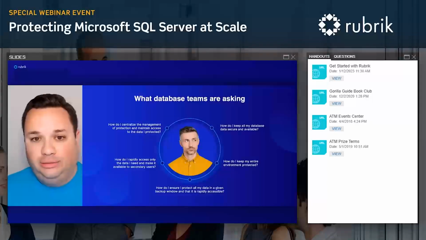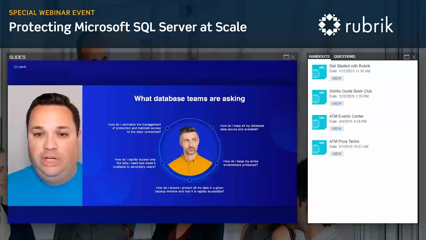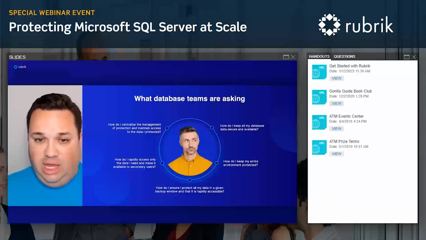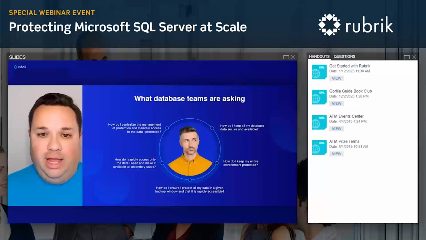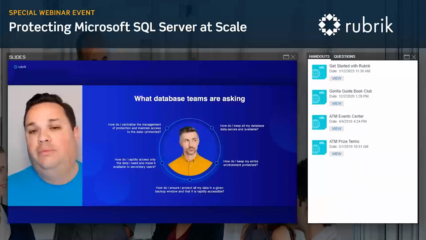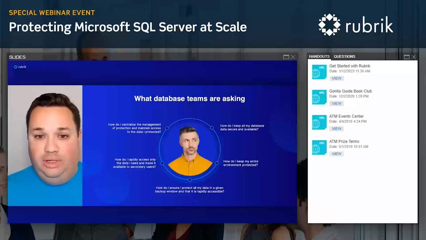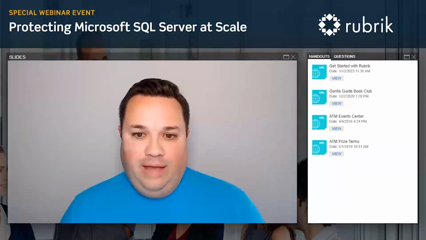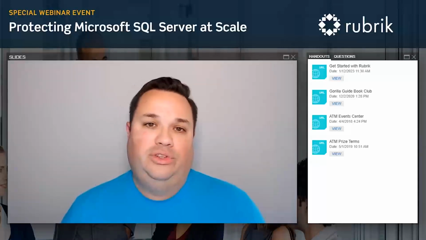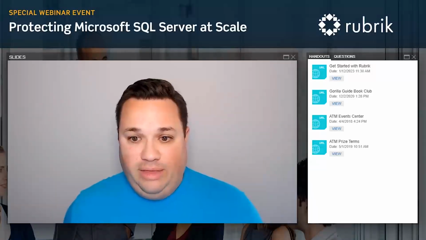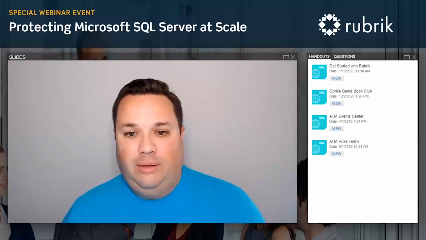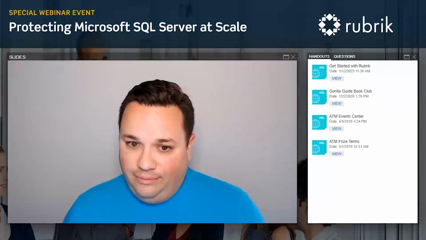With large, ever-growing database environments, when DBAs want to protect their environment, they have to go to each SQL Server and set up these backup jobs. These jobs are designed to meet those business requirements. They have to do the work on each and every server in their environment. Then they have to make sure that all of these jobs are running successfully each day.